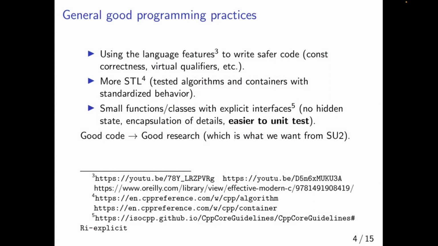So saying that a certain function overrides a virtual method, and then you know that this thing is actually overriding a function and not just shadowing that function. And preferring small functions and classes with very explicit interfaces. So trying to minimize the hidden state that we have in SU2, which is kind of also one of the